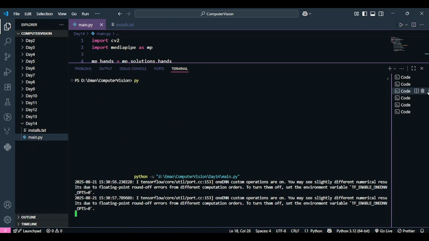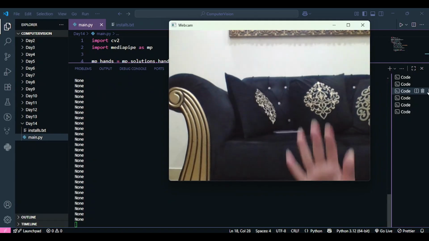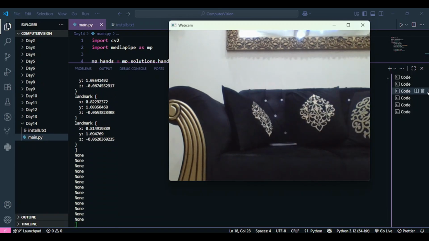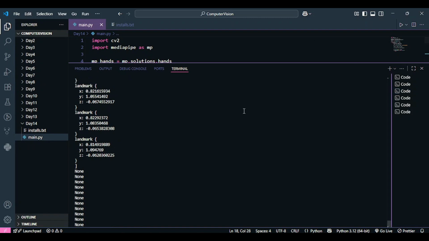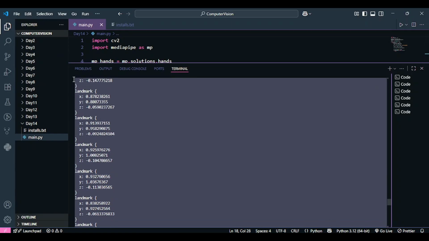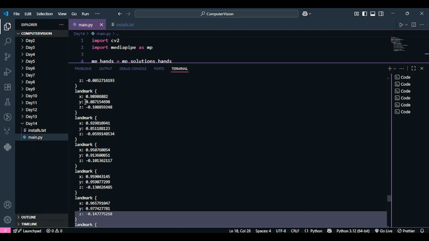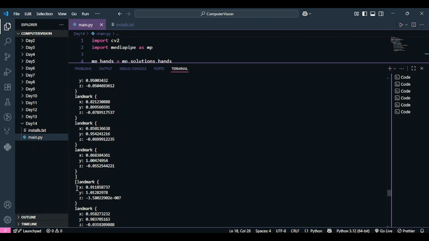So you are gonna see that when it has detected no hand, the value of results.multi_hand_landmarks will be None. So as you can see, the value is None. But as soon as a hand comes in, it's showing some landmarks of my hand, right? So I'm gonna tell you what exactly that is. As soon as it detects the hand, it returns you a list. Now this is a list, and this list has a lot of landmarks in it, not handmarks, landmarks. See, the list is starting from here and it was ending in the end.